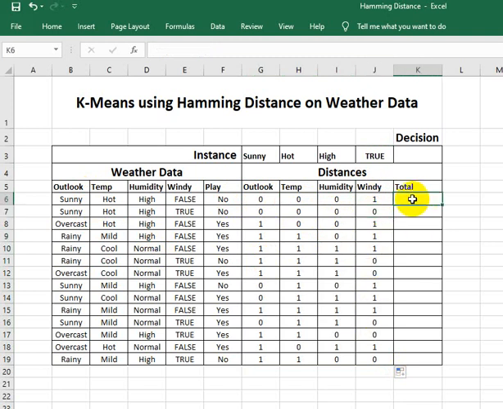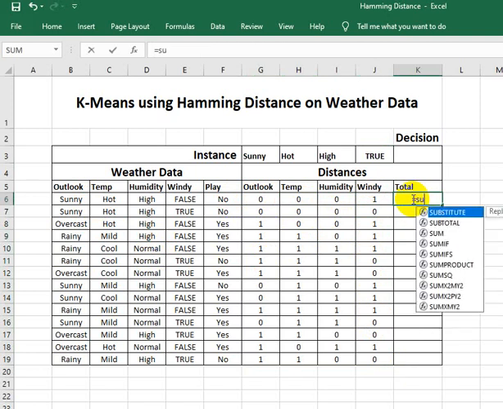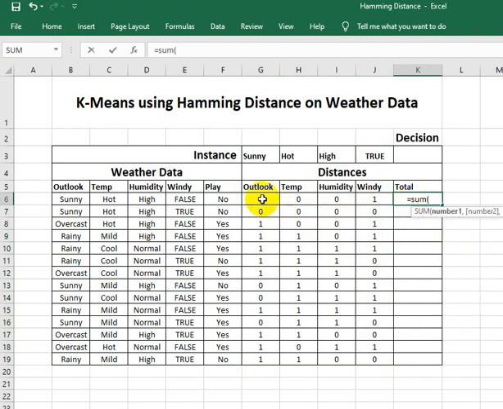Now we will add the distances in all the 4 cases for the particular instance, and we can see that the lowest distance is in the second case, and our decision will be based on it.